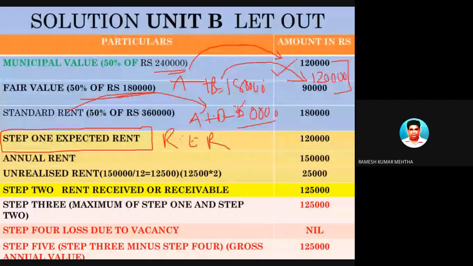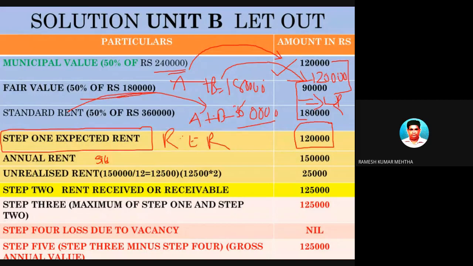1,20,000 versus 90,000, whichever is highest, which is 1,20,000. This has to be compared with 1,80,000 rupees, which is the standard rate, and among them, whichever is lower is the reasonable expected rent, and that is 1,20,000 rupees. Now, the next